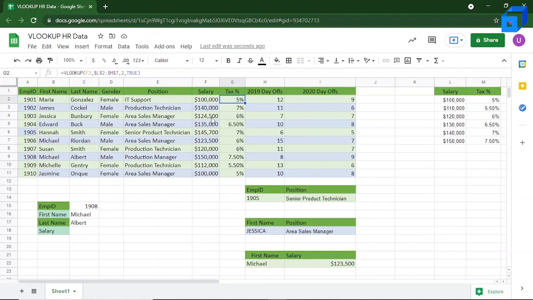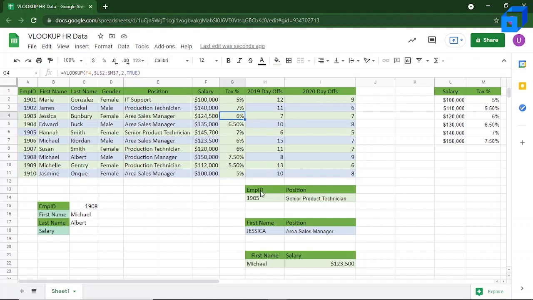And for 124,500, it is taken as 6% because it looks up vertically down the line, and keep in mind that these values must be sorted in ascending order. So here it looks downwards to 120,000 and goes to 130,000. Now since 124,500 is between 120,000 and 130,000, it gives the lesser value out of those two for 124,500. So if you look over here, 120,000 has 6% tax, and over here it is given 6% tax.